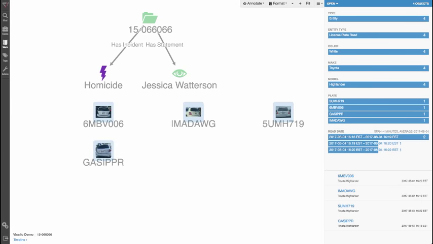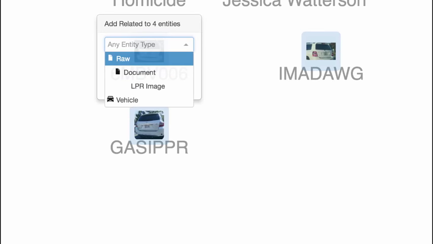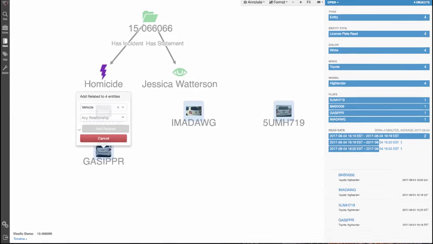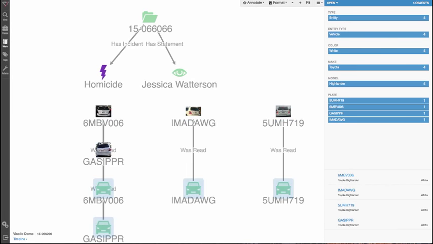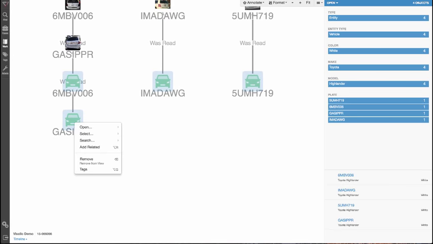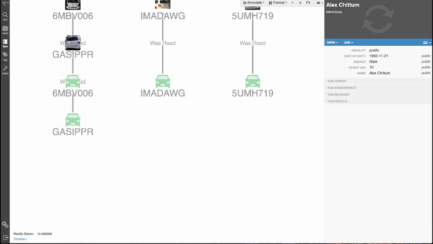So I'll select all of those, and I'll right-click and choose to Add Related. In this case, I'll filter it down, whereas I didn't before, to only adding the related vehicles. When I do that, Visallo is going to find that there are actually 4 vehicle registration records. I'm going to do that one more time, because what I'm interested to know is, do I have anyone in my system, a convicted criminal, that owns one of these 4 Toyota Highlanders? In this case, I'll trim it down to just individuals, add the related ones, and it turns out that